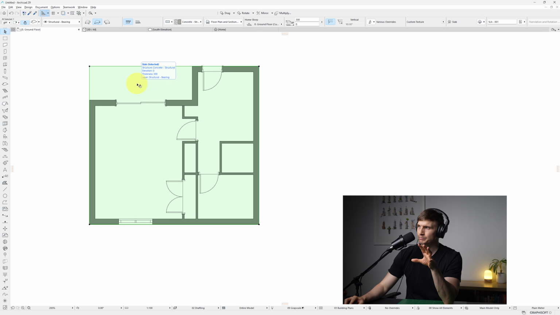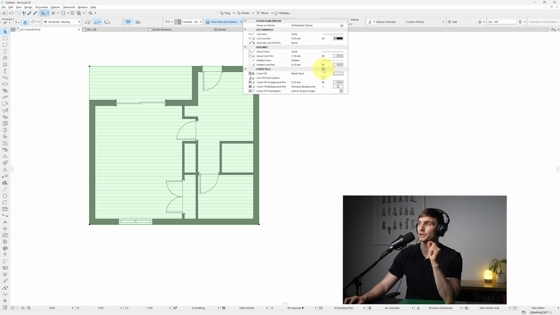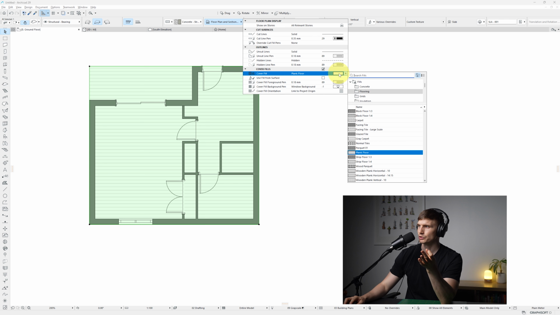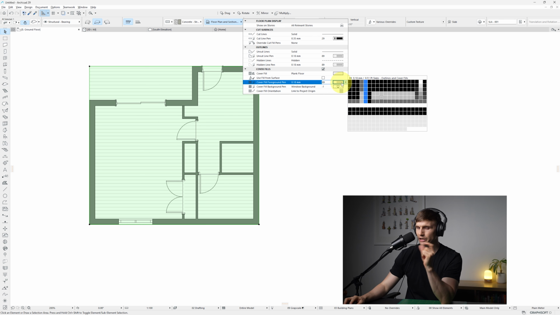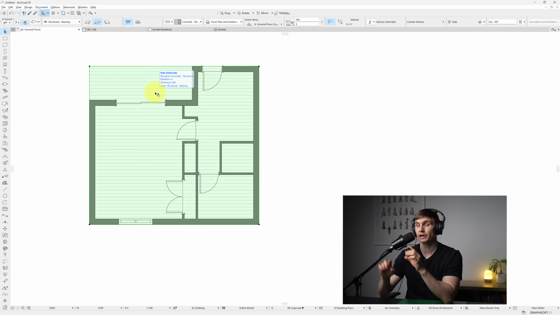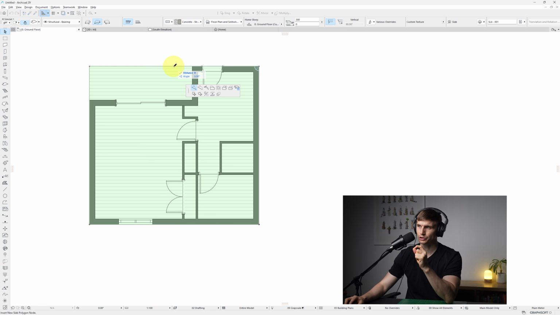Now, if we click on a slab and then go up to floor plan and section, if we now click cover fills, and for this one, we're using plank floor, and we've got it as a light gray pen. If we click outside, we've now got that fill showing on the top of that slab without having two separate elements. If we click on the edge of this slab, we'll notice the Pet Palette shows up,